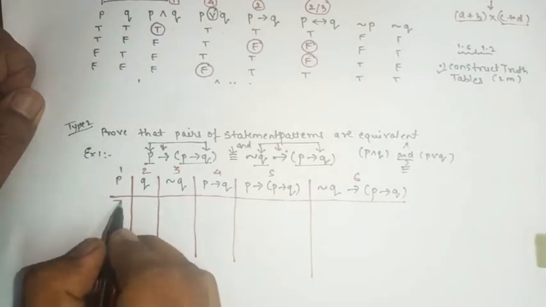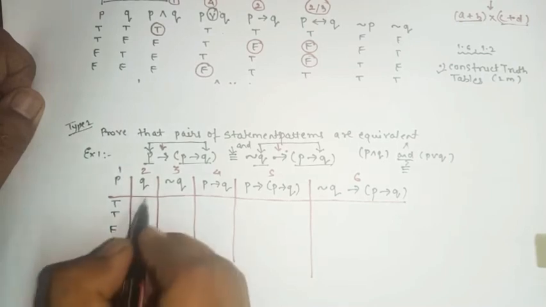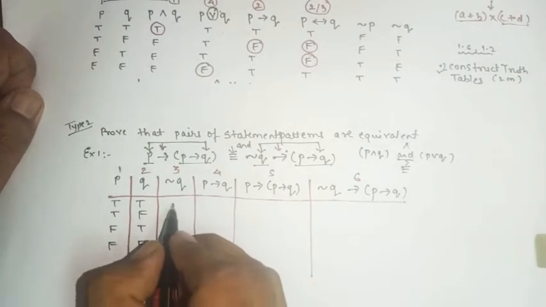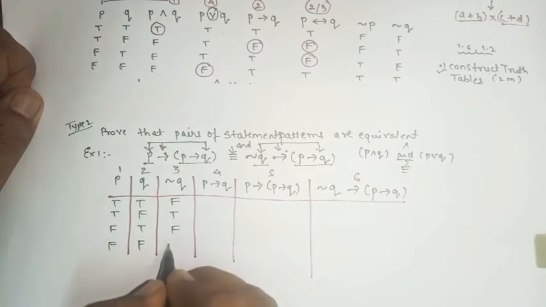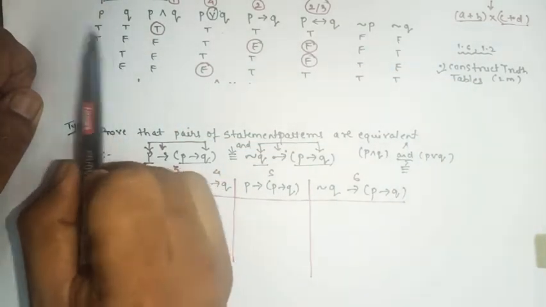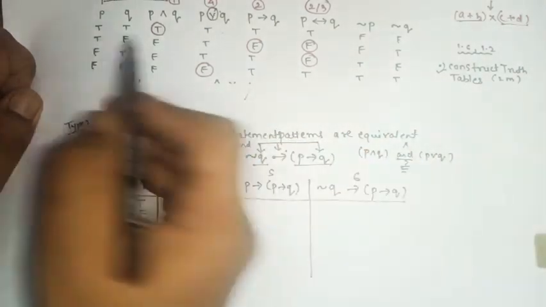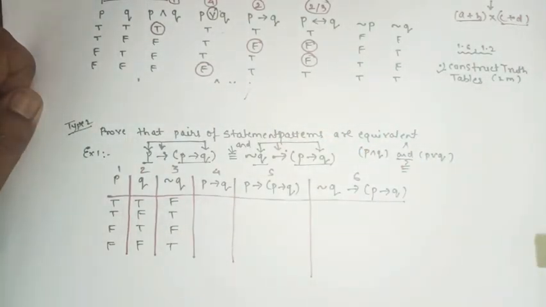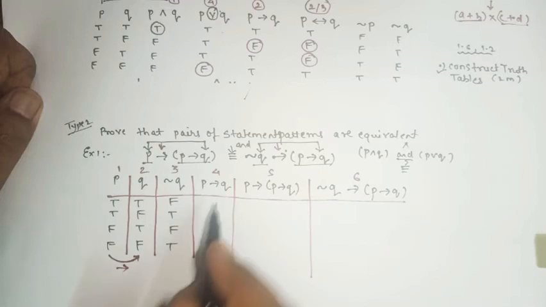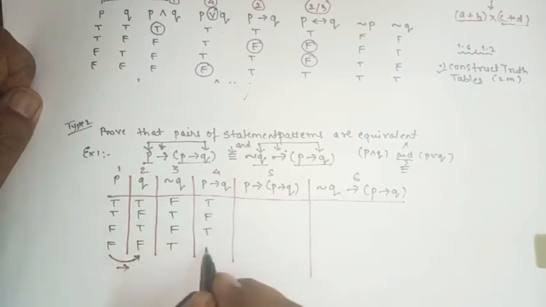Okay, so here p will be what? True, true, false, false. Q, true, false, true, false. Negation of q, false, true, false, true. Implies. So we know that in implies, what happened? Implies, simply focus on true, false now, because the rest will be true. So true, false. Implies, check. First is what? P, and then Q. The connection is implies. So in this way you have to check. Okay, true, false, it is there. True, false is false, and the rest will be true. Yes or no?